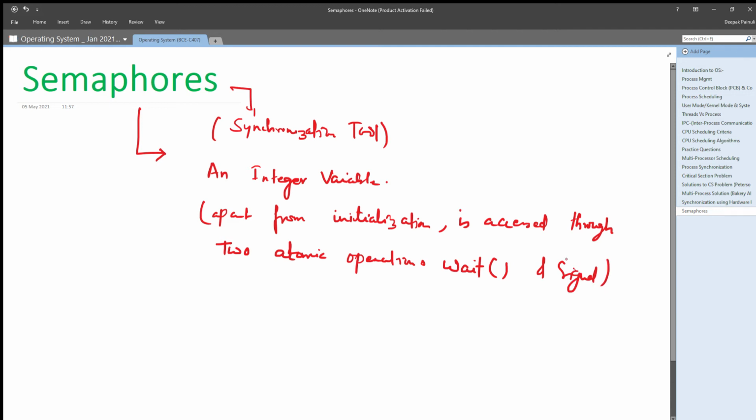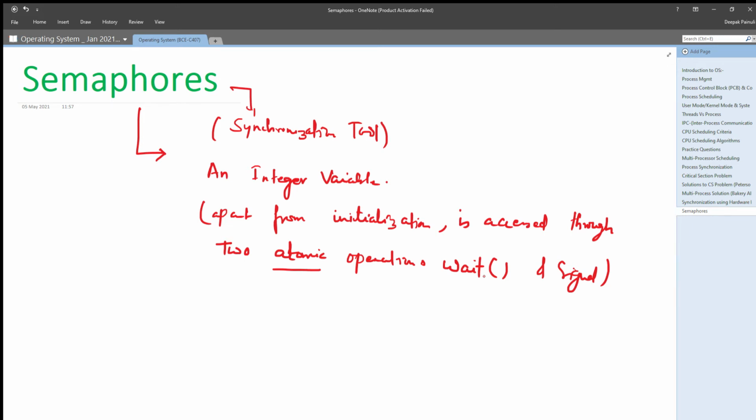So semaphore is an integer variable which, apart from initialization, is accessed through two atomic operations. Atomic means these two operations can't be executed at the same time. That means they are atomic in nature. They can be executed one after another.